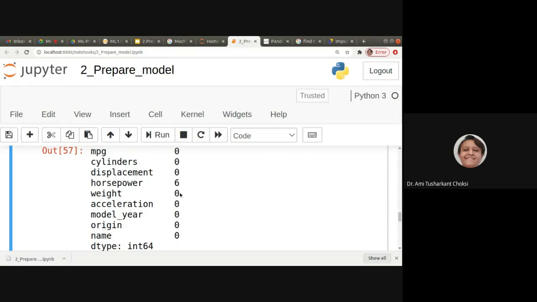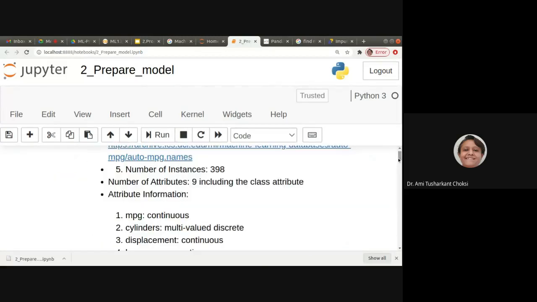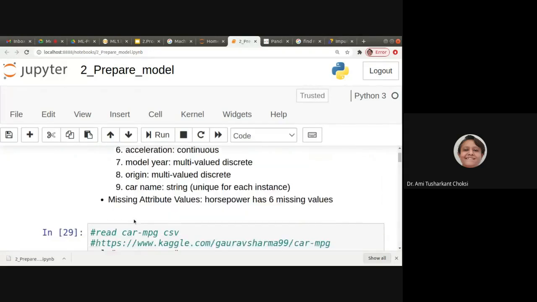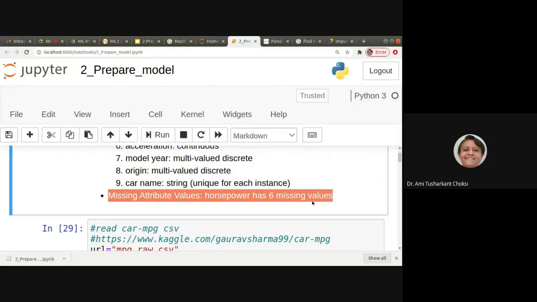And if you remember, when we saw the description of this data, there it was shown that horsepower has 6 missing values. Let me show you that. When we saw the description, at that time we saw that the missing attribute, that is horsepower, has 6 missing values, right?